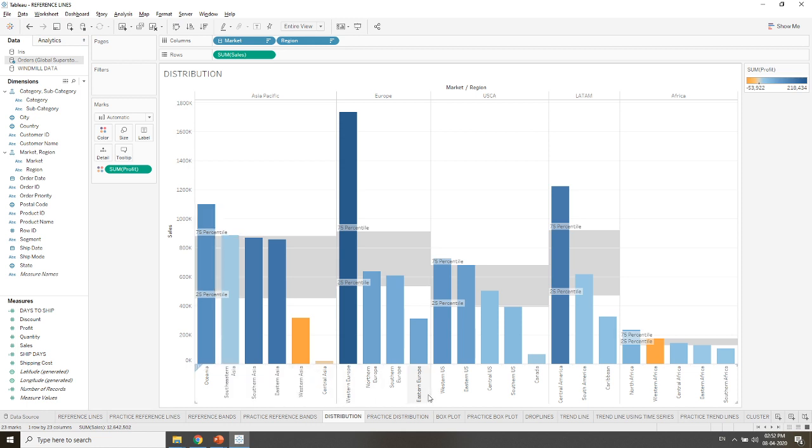Depending upon these regions, we want to check the sales and the profit. So what we are saying is where the 25 percentile of sales and the 75 percentile of sales of Asia Pacific lie. Two products don't lie between the 25% and 75% of sales in Asia Pacific, whereas in Europe three products lie in between, whereas one product is above 75% of the sales. And if we are talking about LATAM, then almost all the products are far below the 25 to 75% of sales. Okay, so if you want to create this type of chart, what we need to do is